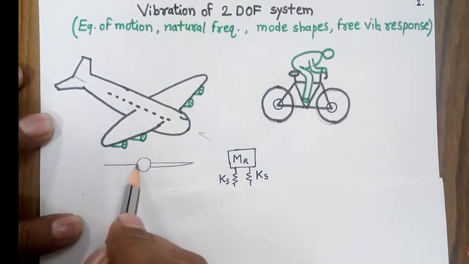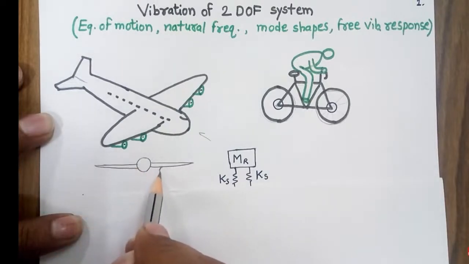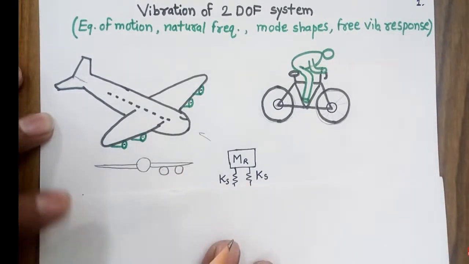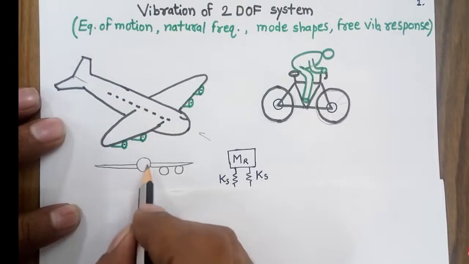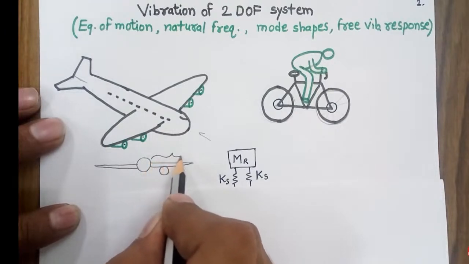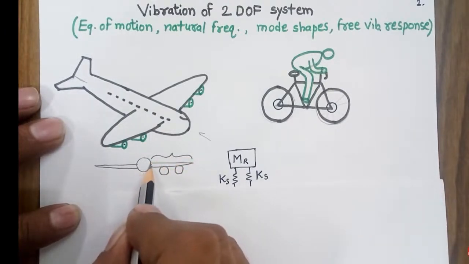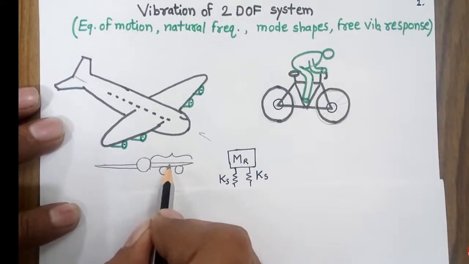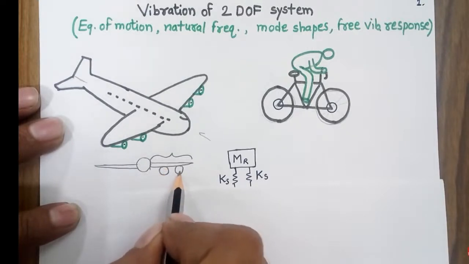The plane would be seen like that. These are the two wings of the plane, and this is the first engine and this is the second engine. So what someone can do is consider that this wing, from this point to this point, is a cantilevered beam fixed to the fuselage at this point, and he has to consider that the mass of the wing is less compared to the mass of the two engines.